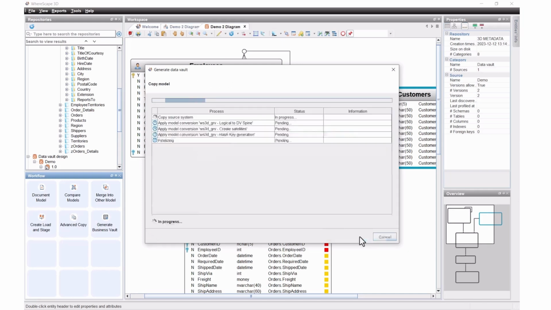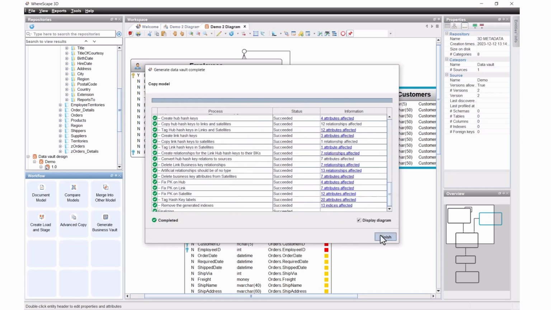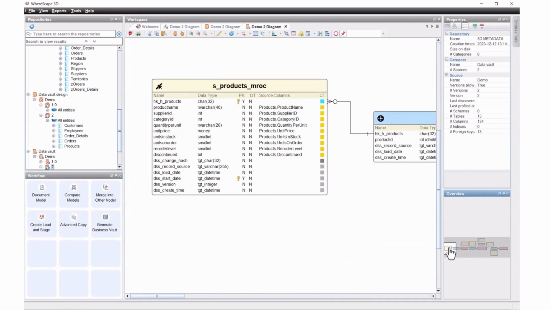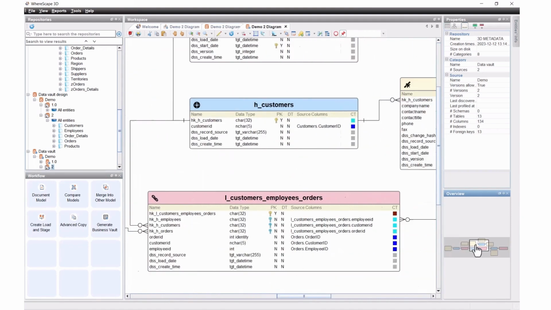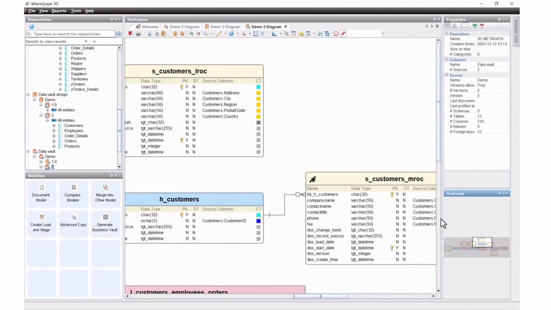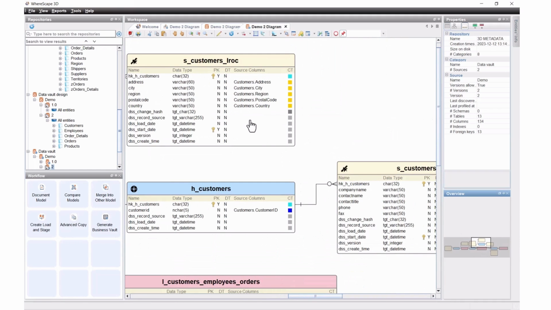And what it's going to go through is all these rules based on the attributes, based on the data. It's going to create my raw vault. And here we go. We've got satellites for medium rate of change. We've got links. We've got more satellites. We've got hubs. And I believe, yeah, here's my two columns, two tables. I did change the attributes on some of the columns in the customer table, the geographic ones, to low rate of change, and you can see that they've been broken out into a separate satellite. Maybe one of these will become a type 1 dimension and another type 2 dimension.